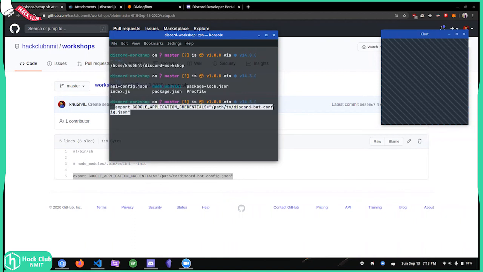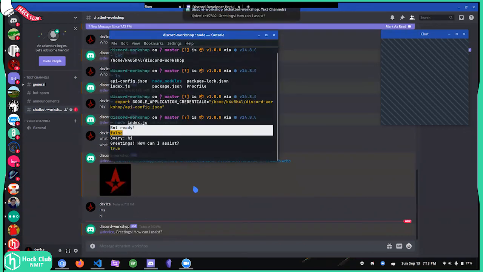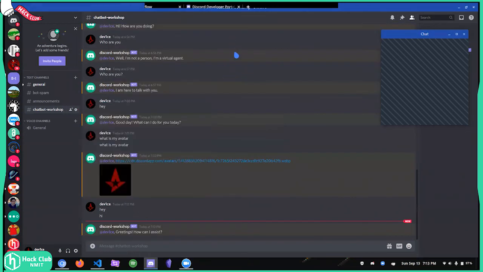Now I'm going to paste this, and inside the double quotes, I'm going to paste the pwd file path, put a slash, and export this JSON file as well. That's it. Now I've exported in this terminal also. If I type node index.js, it should run. There we go. If I say hi now, it should work. Yeah, it's working as it should.